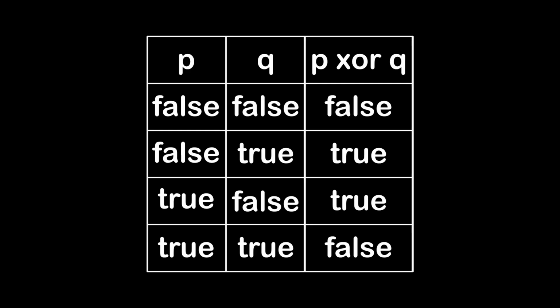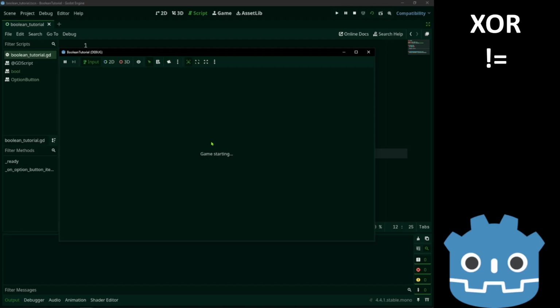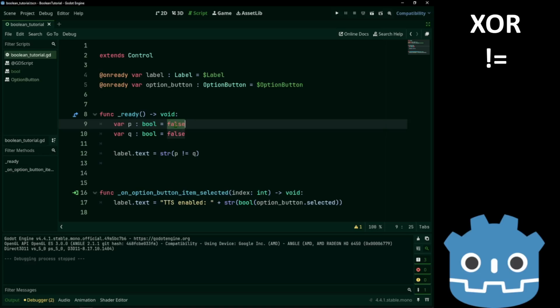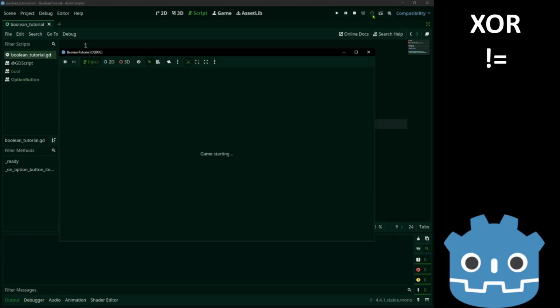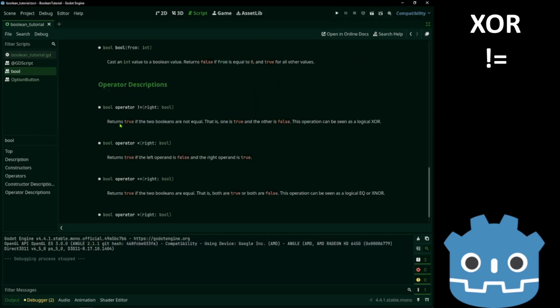returns true. There's also the opposite, the XOR gate. It stands for exclusive OR and returns true if exactly one of them is true, or simply if they are opposite of each other. That one will be the not equals. It checks if they're different. Here's the description. That's the XOR. XNOR is short for not XOR.